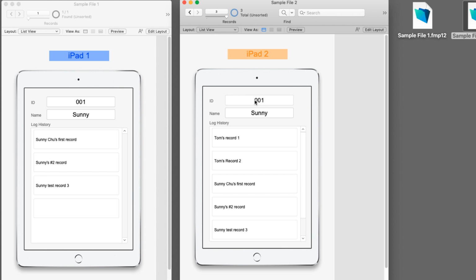But the weird thing is when you look into Sunny's record, you will notice Tom's record is also inside it. Because they are sharing the same foreign key for these records, they are both 001, all 5 records are showing on Sunny's record, regardless of who they actually belong to. Same thing on the other side: we have Tom's record here, and Tom is also showing Sunny's record on this side. So this is actually not what we want,